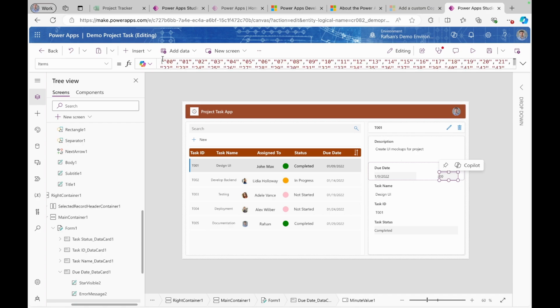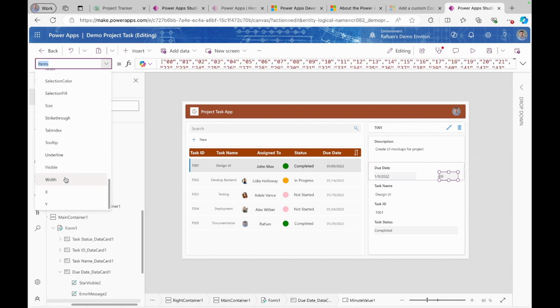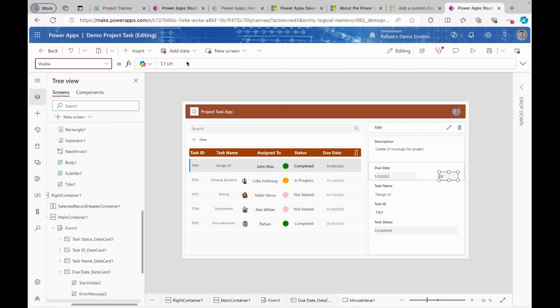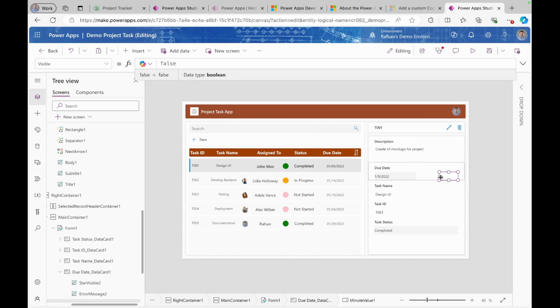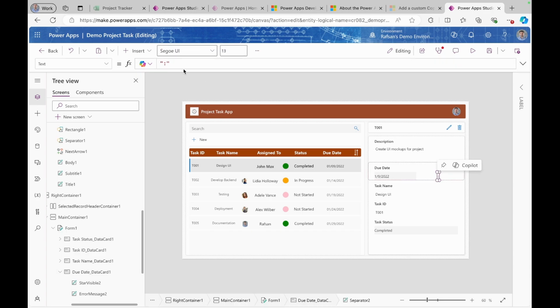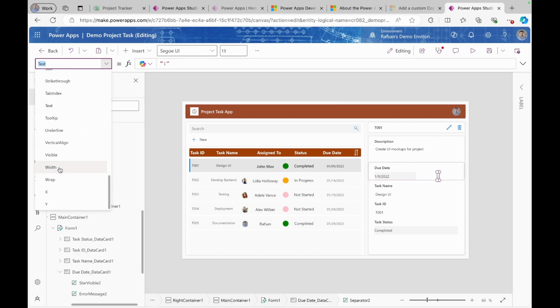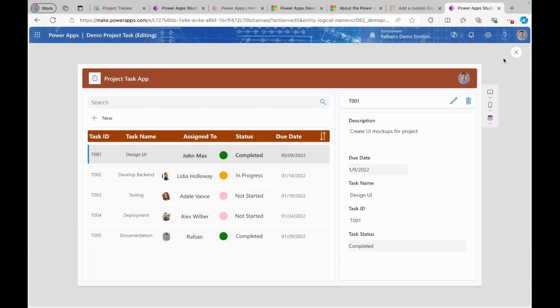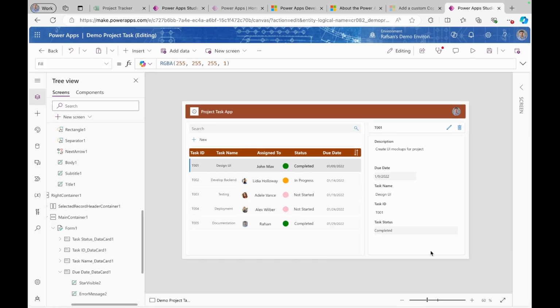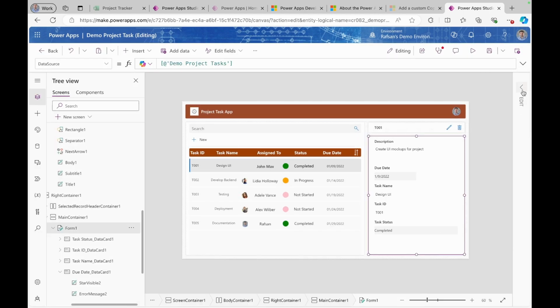Similarly to the other one, I will make this false. Then we have one left here. I will make this false too. So we are making the visibility false, so we don't have to see them. So I will come back, select my form again, edit the properties